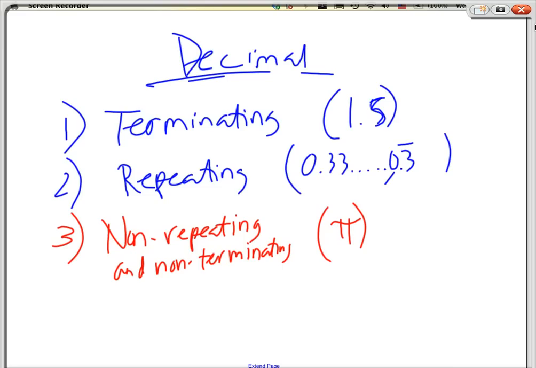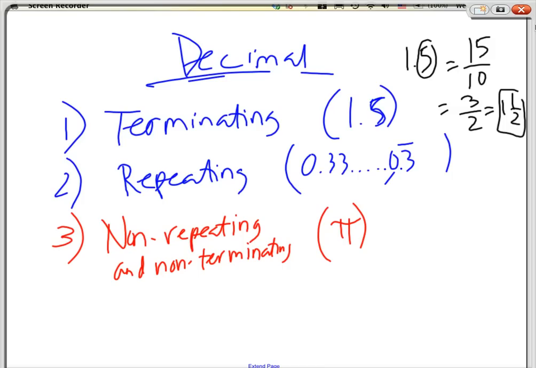Remember, back in the day, when we convert 1.5 back to a fraction, we look at the last digit here, and we look at the place value of that digit. What place value is that? Tenths. So that means we now drop the decimal and write 15 over 10, reduced to 3/2, which is 1 and 1/2, which is 1.5. This is a mixed number, not a fraction. When I say fraction, I want either improper or proper. You have to understand the difference. Is that clear? So any terminating decimal can be converted back into a fraction, and that's how we do it.